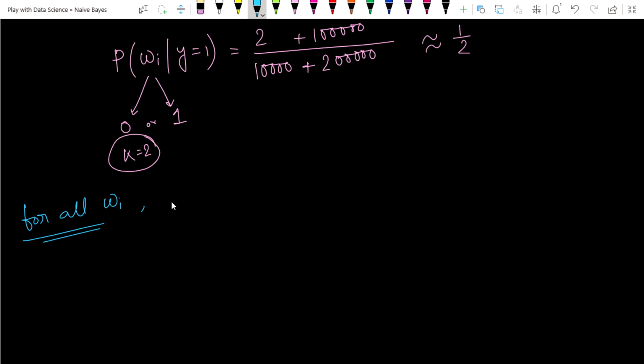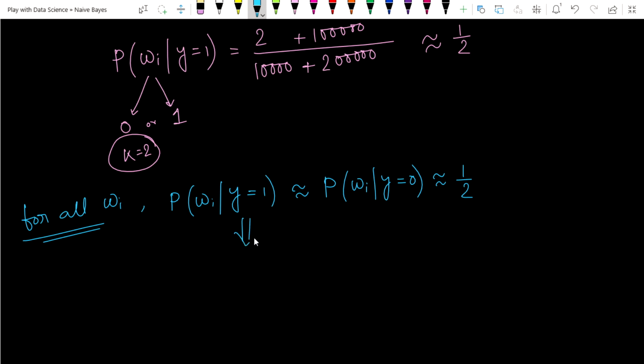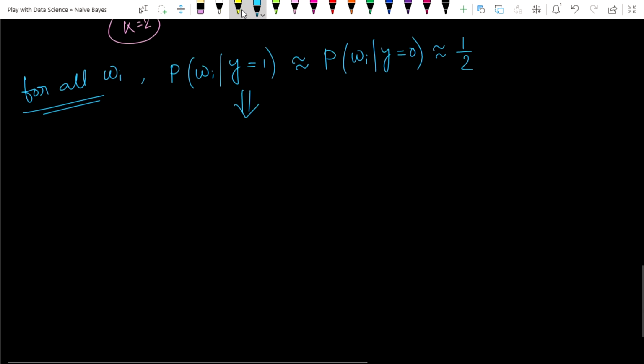Now this value will be the probability of wi given class label 1, and the same thing will occur for the negative class. So these are the two probabilities. These two likelihood probabilities are the actual likelihoods. If these two likelihood probabilities are equal to half, this means that our probability